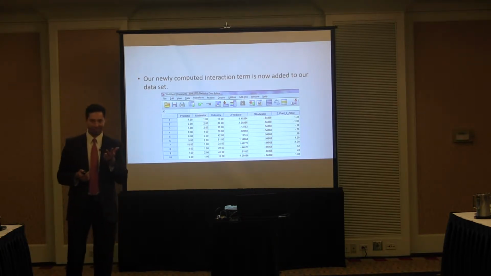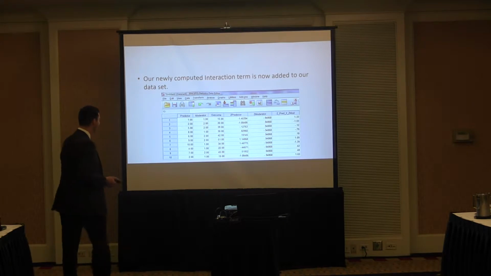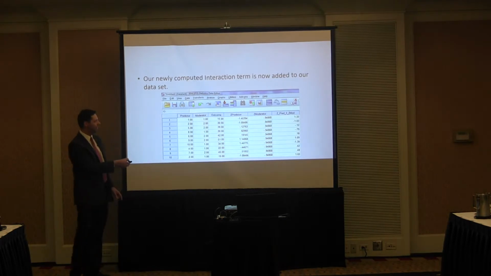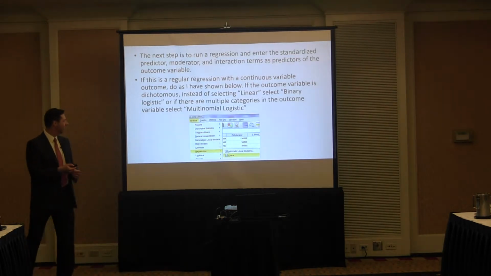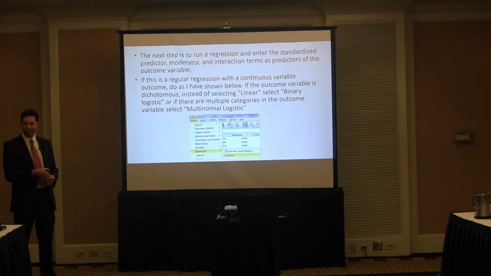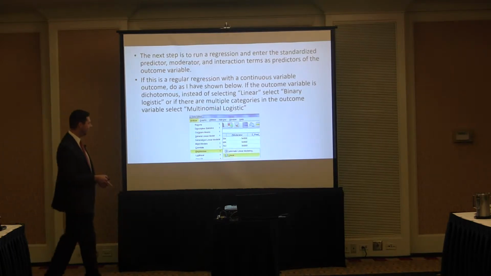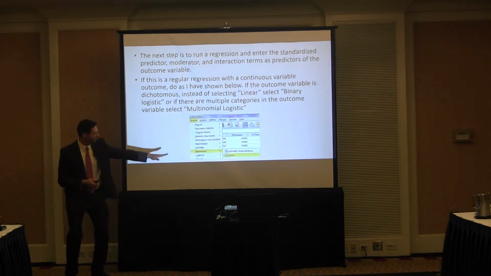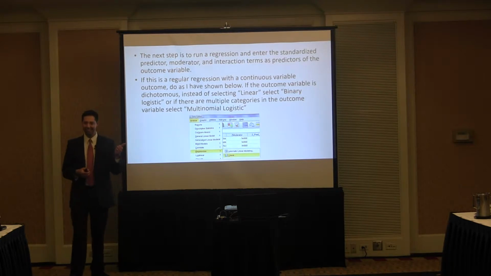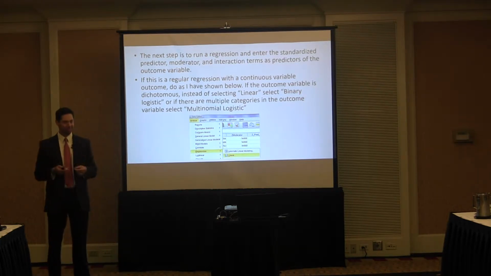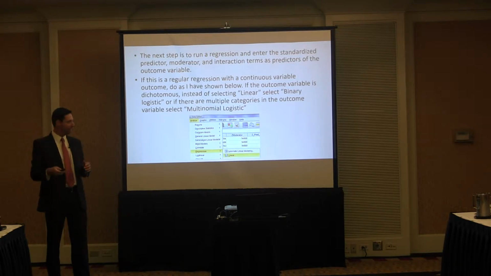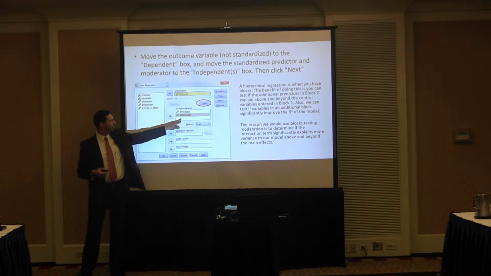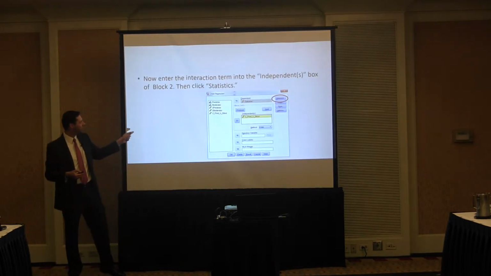And the variables we're going to actually use in the model aren't these 2, the unstandardized. We're going to use these here. The standardized, these 3 will be what we enter in. And then we'll run a regression. We'll click Analyze, then Regression, and then Linear. There's several other options here for regressions. It goes down further. But there's binary logistic if your outcome is dichotomous, yes or no. Multinomial if there are several outcomes that are categorical. We move our predictor and moderator variable into this box here, and our outcome up here.